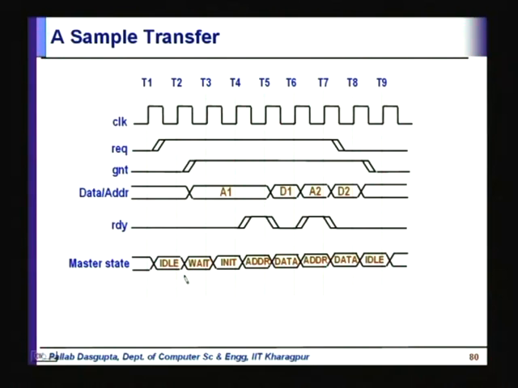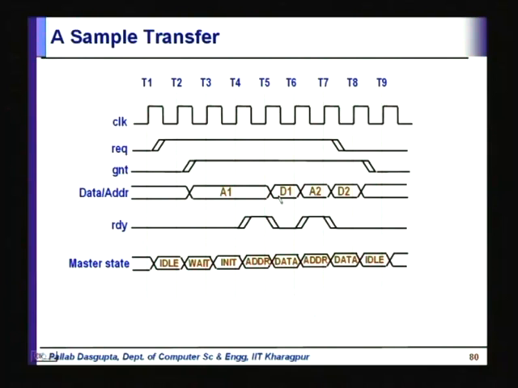So, a simple transfer looks like this. Request is raised first, and then let us say the arbiter gives the grant in the next cycle. As soon as it gets the grant, it floats the address. The address is floated, and then it waits for the slave to be ready. In the next cycle the slave was not ready, so it keeps the address floated for the next cycle also, and then when it gets ready,